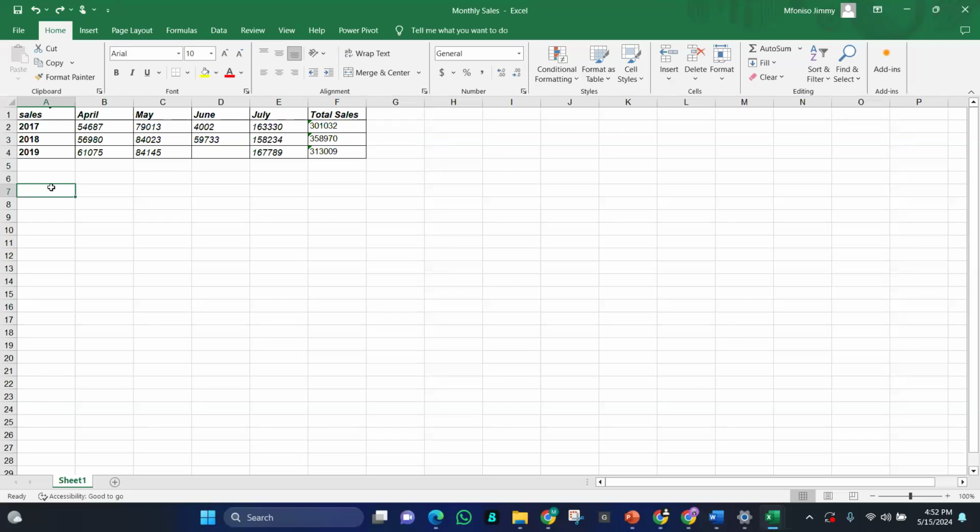Please note that there are differences between functions and formulas. You can write this down, it will help. A formula is a combination of symbols, operations, values, or even cell references that performs calculations, while functions are built-in tools in Excel that are used to simplify complex calculations.